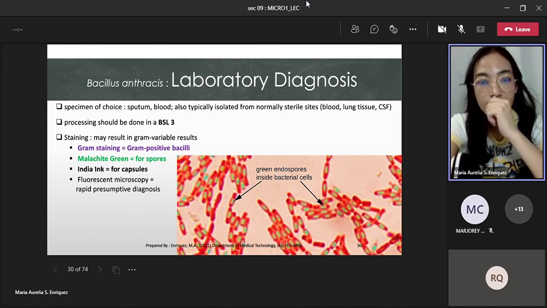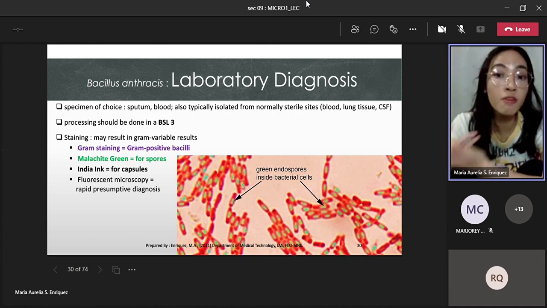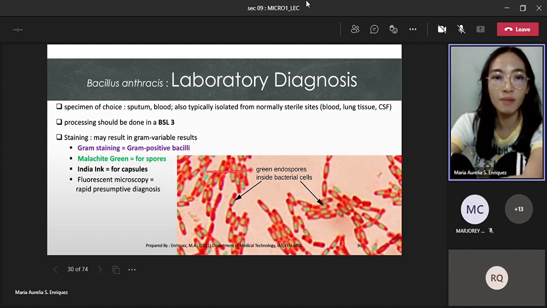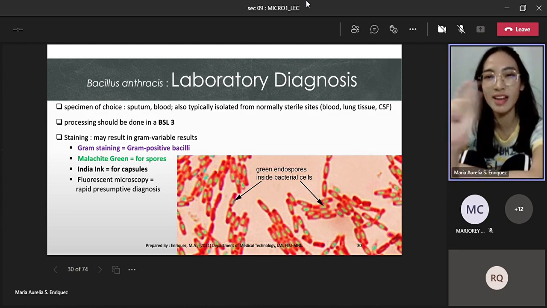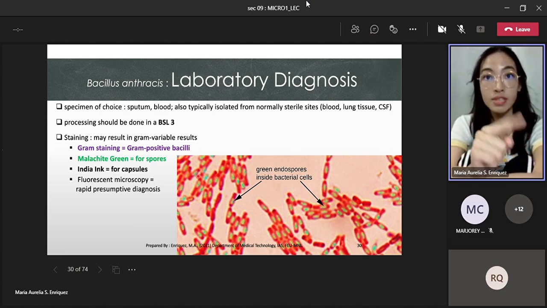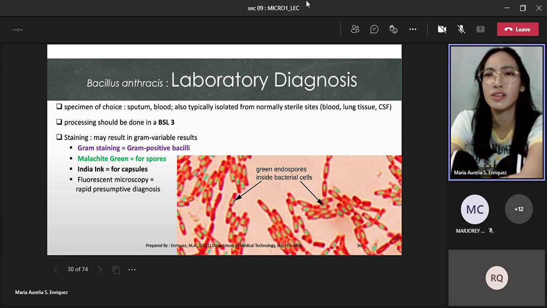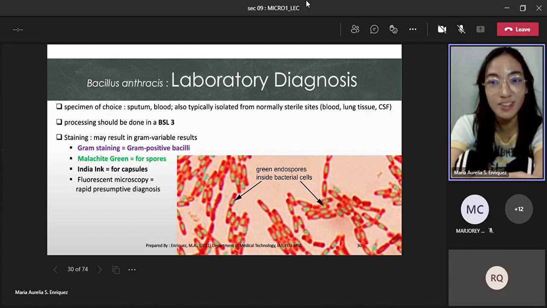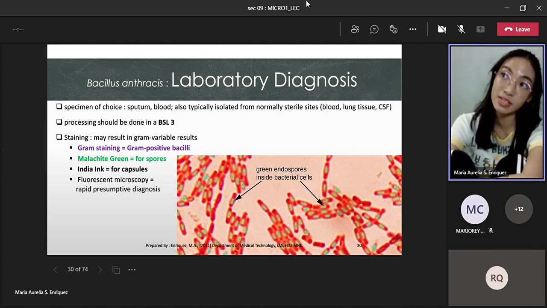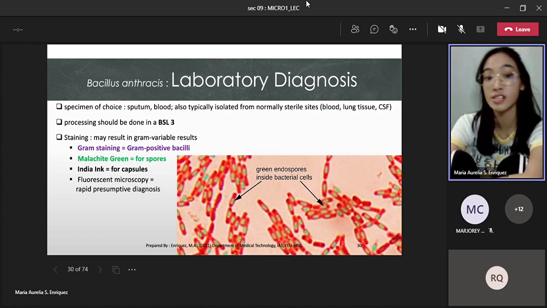Pero another method of staining that we could use is the Schaefer-Fulton endospore staining, which makes use of malachite green. Okay, so as shown below, ayan po, ang primary stain dito is malachite green. So yung mga endospores po, or yung gitna ng cell, they would have a green staining reaction. Okay, tas yung labas po ng cell, yun yung magiging kulay red. Kasi po, ang secondary stain dito sa Schaefer-Fulton is